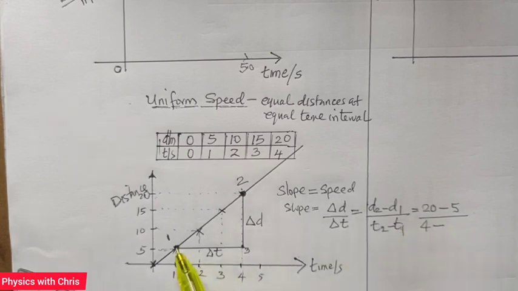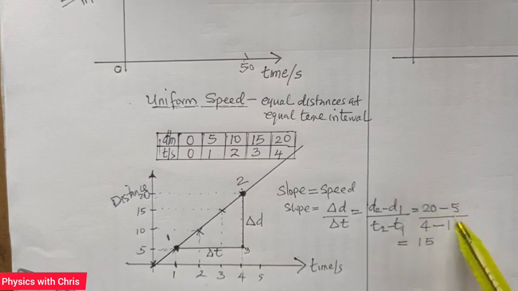Minus what's my t1? Come back to point 1. Take it down to the time axis. That gives me 1. So the slope of this graph is 15. That's this minus this over 3. That gives me 5. And since the slope represents